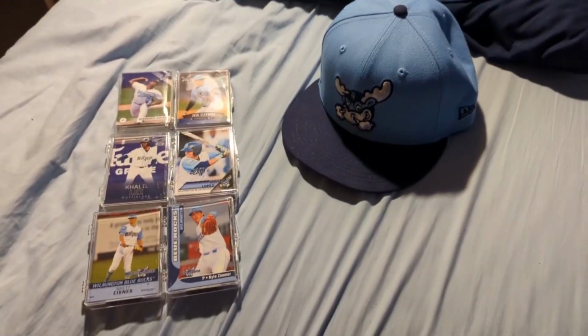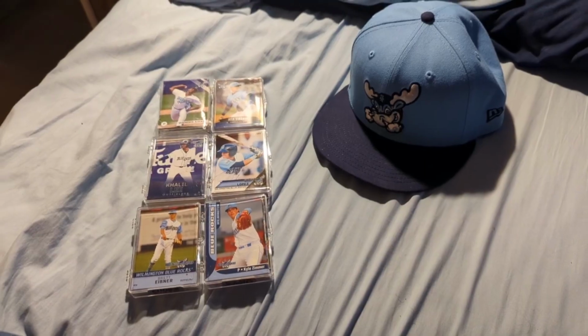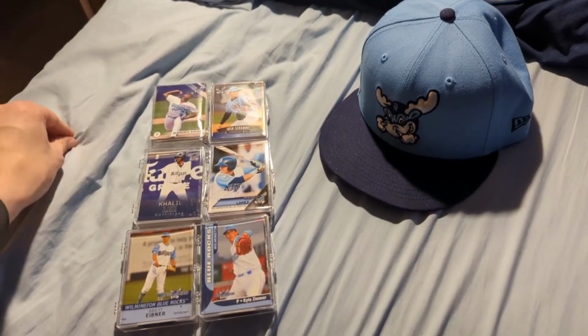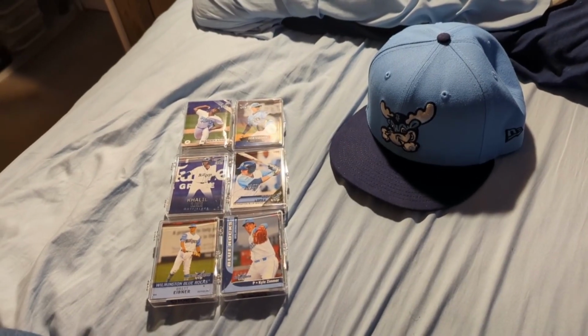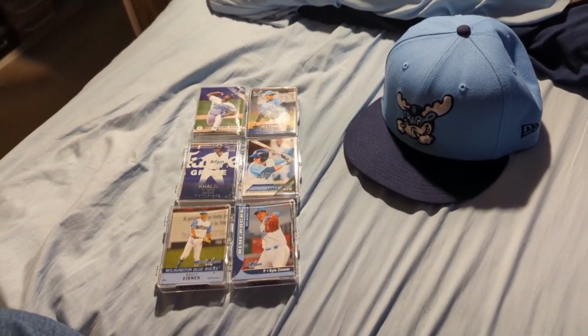All right, normally I would say this is everything gotten from the Wilmington Blue Rocks versus Aberdeen Ironbirds on April 23rd, 2025. Although I don't know that yet. This actually is about a week before. Typically, I don't pre-record before the game, but I had all this that I just bought mainly because